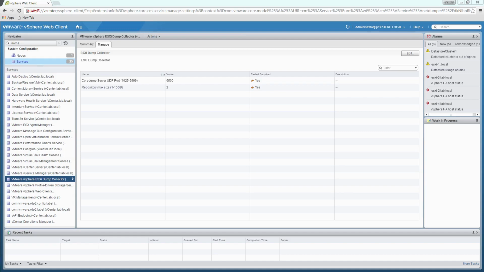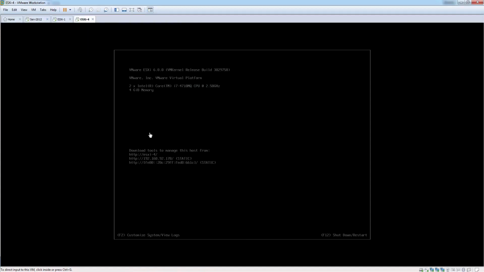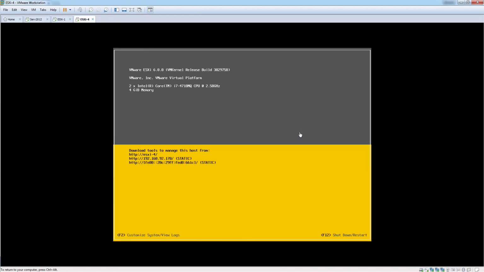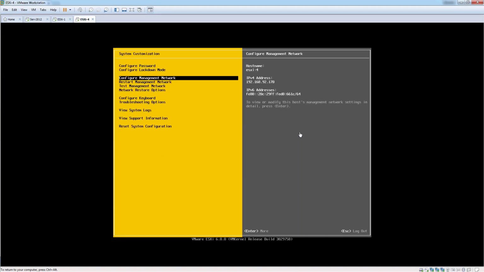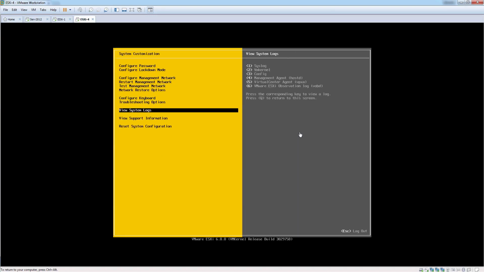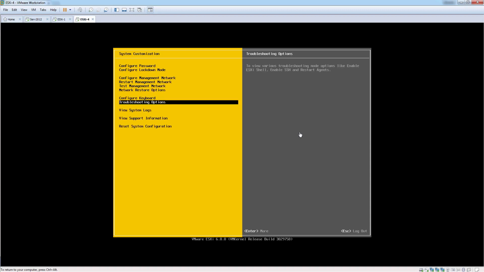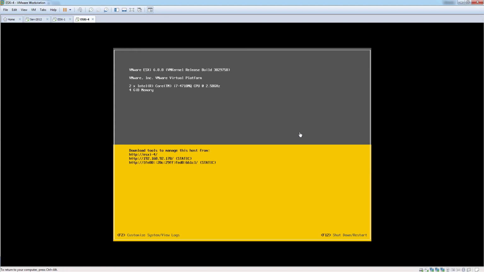So let me pull up ESXi 4 here. I still need to enable shell access to this, so let me do that really fast. I need to enable shell access, and I need to enable SSH. Then I'll use my SSH client and point it to this host. This host is at IP 170. Let me minimize this now